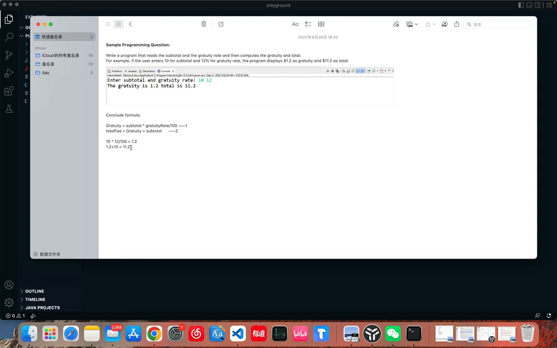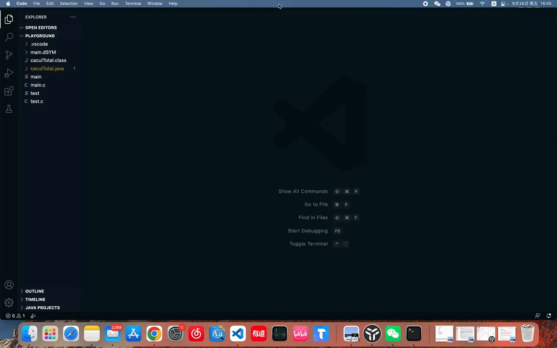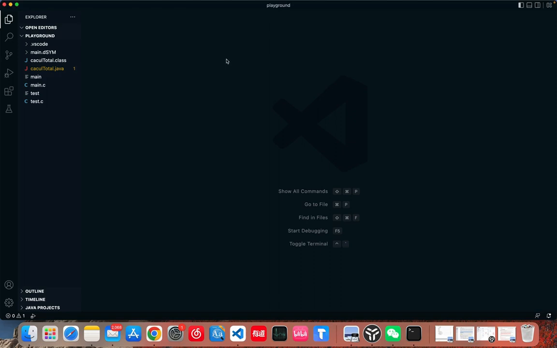We jump to the second part, the programming part. Hope everybody has installed the Java virtual machine, Java JDK, and has their own Java IDE. Now I use Visual Studio Code as my IDE programming environment. First, we need to create a file that ends with .java. We need to name this file so we can remember it. I think we can name it compute total